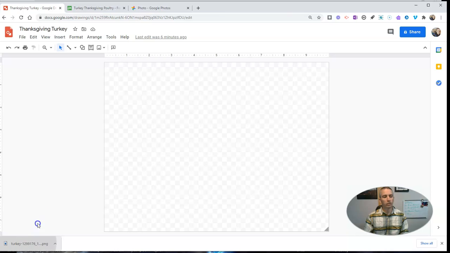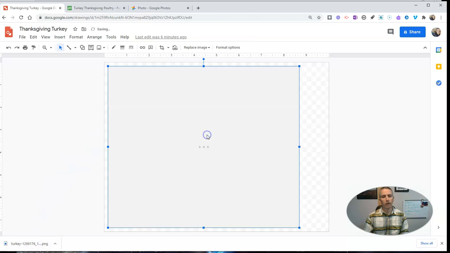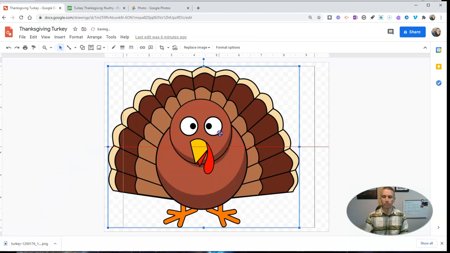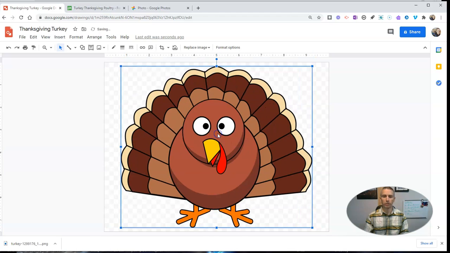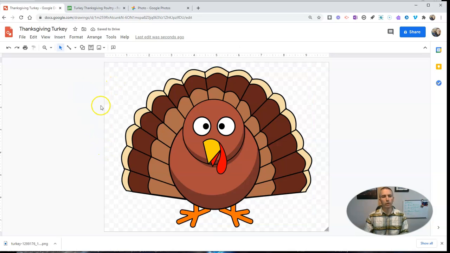Now, let's drag that turkey onto my Google Drawings. Perfect. So I've got my turkey there. Let's center it up as best we can. And of course, we can make it smaller or bigger by clicking and dragging on the corners. But now what I'm going to do is add in a text box. So let's add a text box and say here,